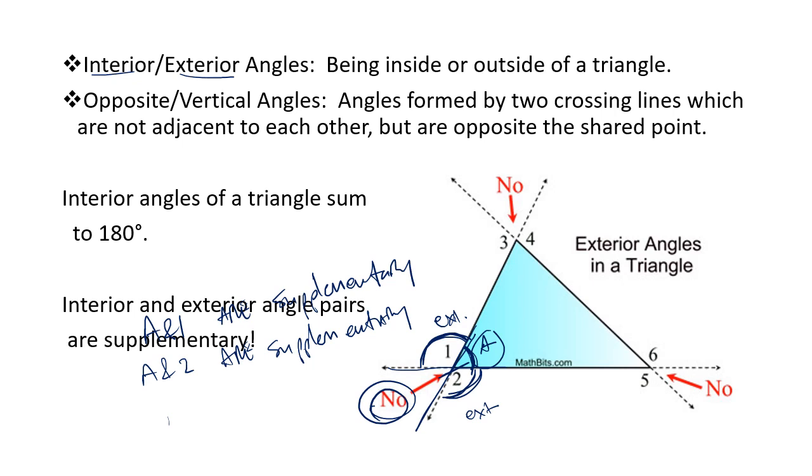So this is one way to recognize interior, exterior, and then also an example we can see here of vertical angles. I know this is a lot of terms, a lot of definitions. Like I said, hopefully at least most of this is familiar. We're going to need a lot of these terms and a lot of these definitions. The next section is impossibly short. So really what I want you to focus on for this section is making sure that you know these definitions inside out. We're going to need them for the rest of chapter 10 and really the rest of chapter 11 and the rest of the semester. So make sure that you know these terms and definitions.